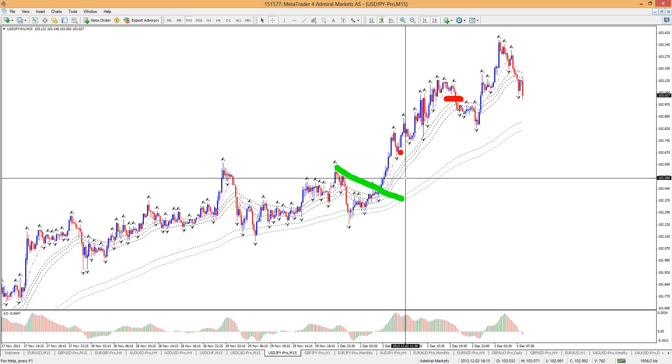Is that the best trail stop in the whole world? I'm not sure, but it works well enough for me to use it. I think it keeps a trader in most cases in the biggest part of the impulse. So that's what I would do on the dollar yen too. Therefore, if it, for example, stops at 103.50, because there is that risk that it goes up 20 pips, then because it's so close to daily resistance, what can you do? It doesn't go further than 103.50, for example, and then falls again. And I want to reduce that risk.